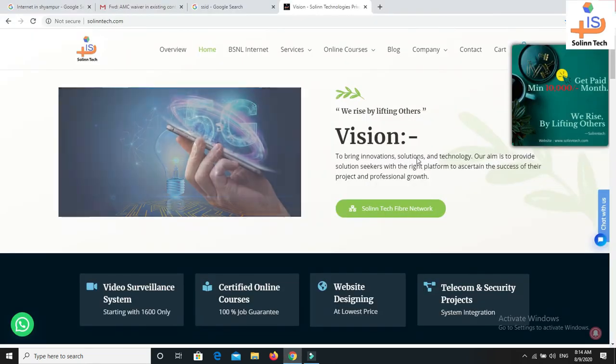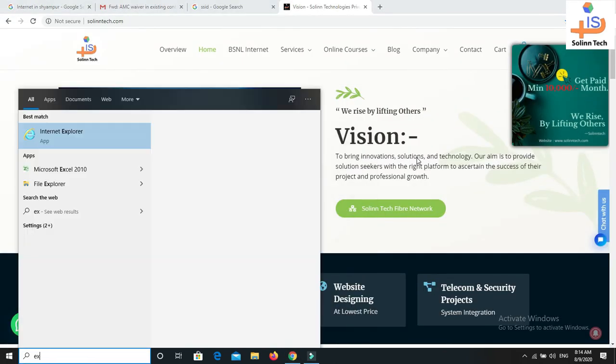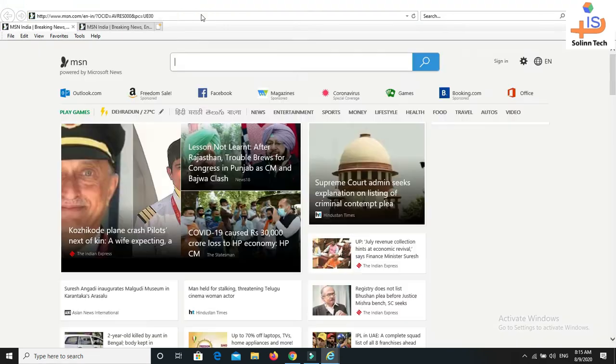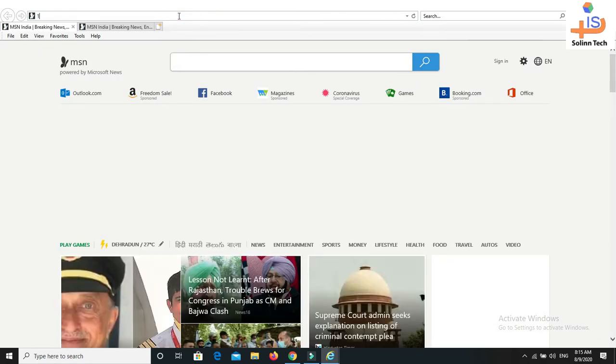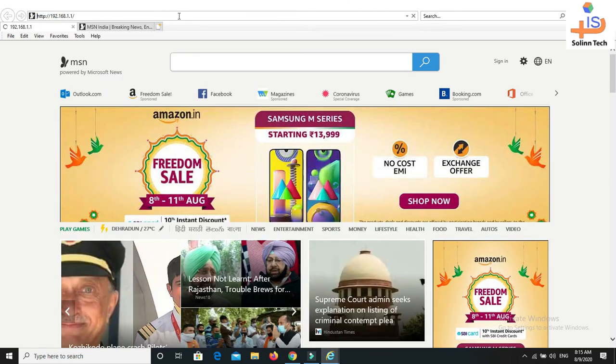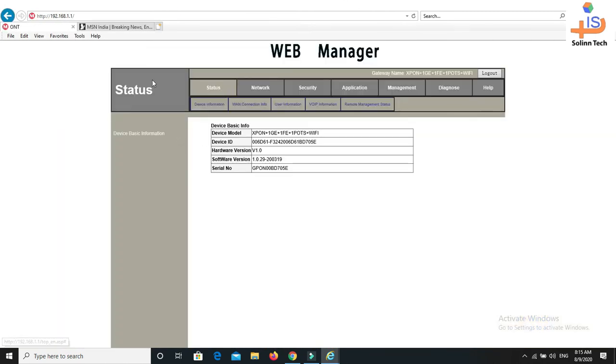Sorry, I'll close Explorer again. Now I'll open my Explorer again. Now you can see that I am already logged in. As I was not logged out, I directly came to the front page of this ONT.